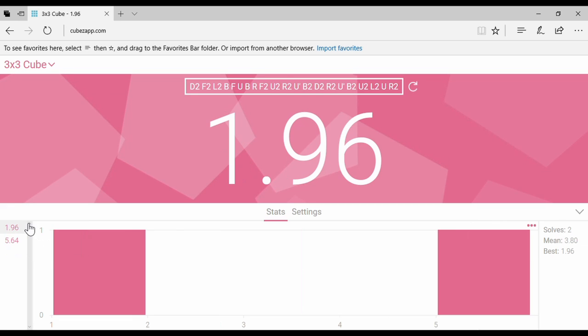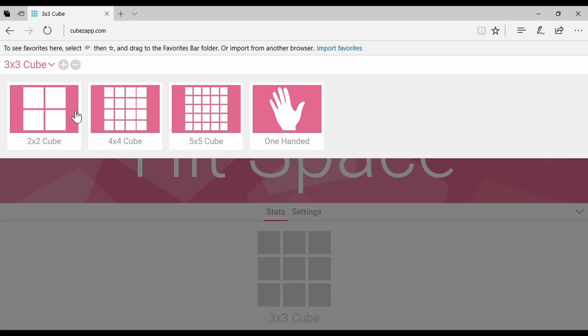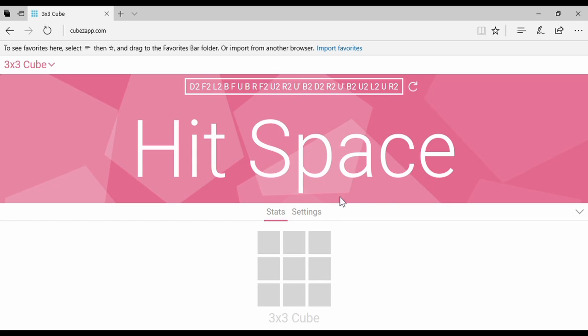As I mentioned before, you can delete times individually, but if you want to delete all of your times, then you will have to actually delete the session and create a new session. Once you have deleted all your times, you get this default screen, and up at the top there is a scramble. By clicking the little button next to the scramble, you can actually change the scramble even if